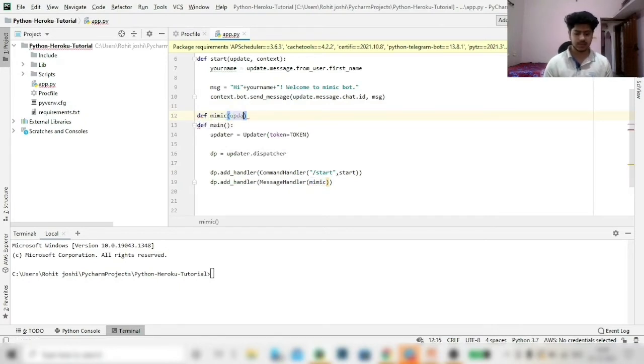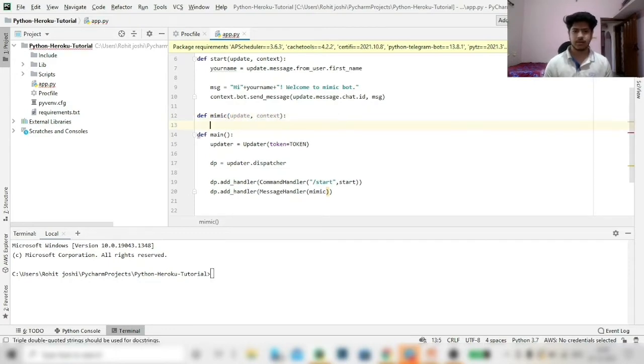Again it will take update and context. Now what we want here is whatever the user is sending, we want that to be replied back from the bot. If you are sending hi Rohit, then the bot should reply hi Rohit to you. It should just mimic you.